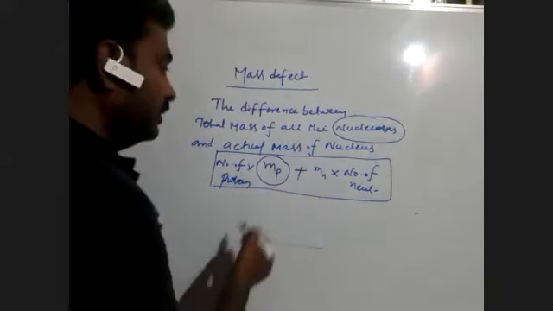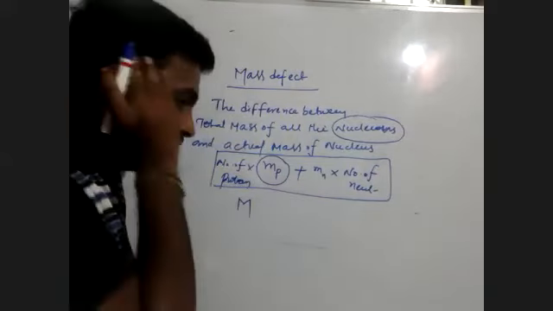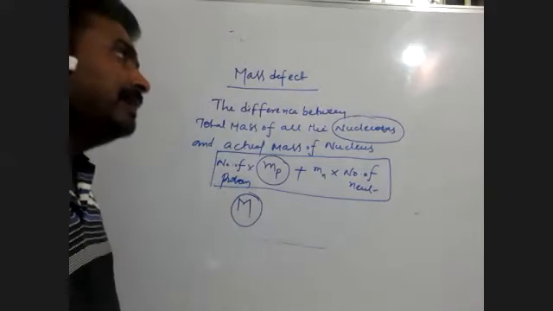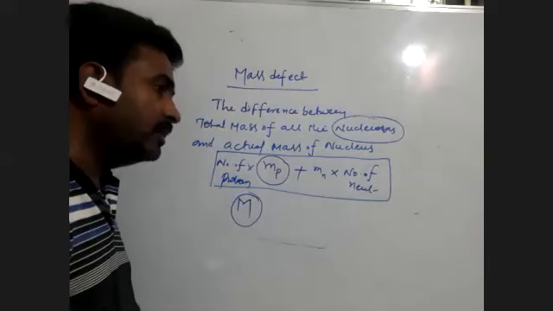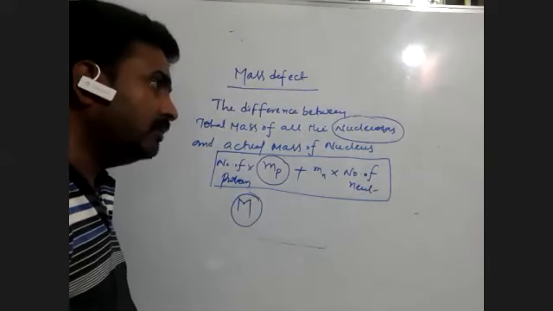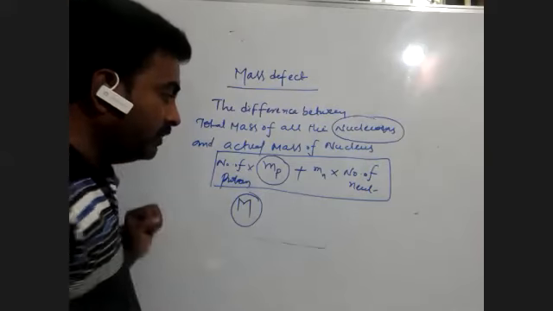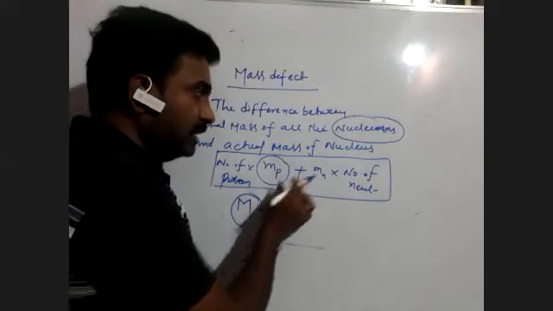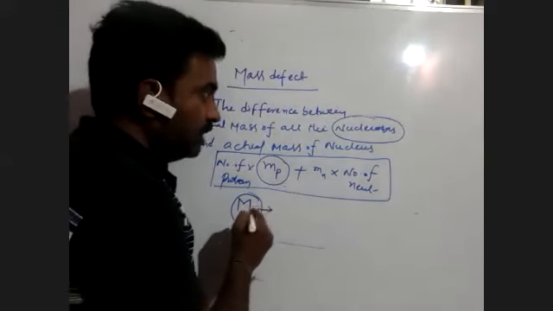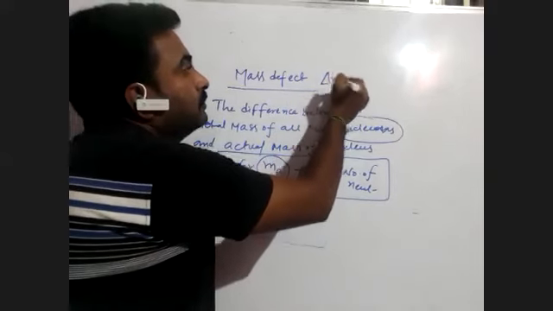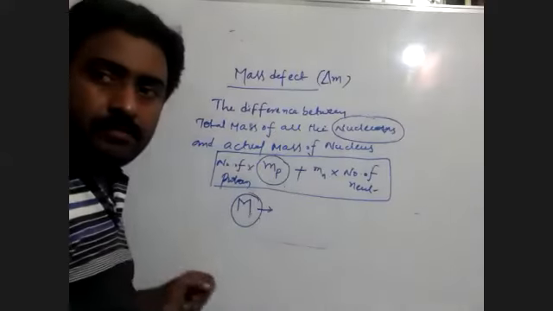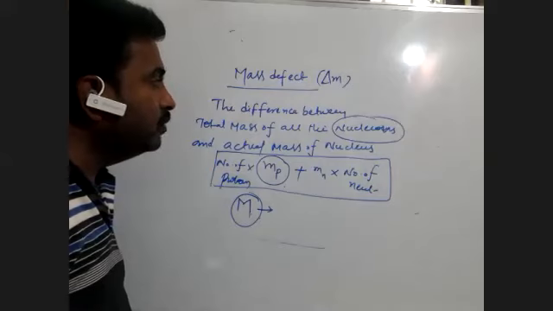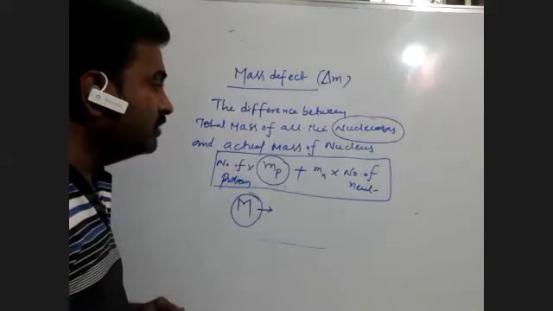After this, if you calculate the exact mass of the nucleus, how to calculate exact mass? The exact mass will be calculated with atomic spectroscopy methods and various collision and scattering methods. So some practical methods are there to determine it. This is the actual mass. The other is only the mass calculated on paper. The difference between these two values is called mass defect. Why is this defect coming? That will be discussed in the coming topic. So mass defect is nothing but the difference between total mass of all the nucleons and actual mass of the nucleus.